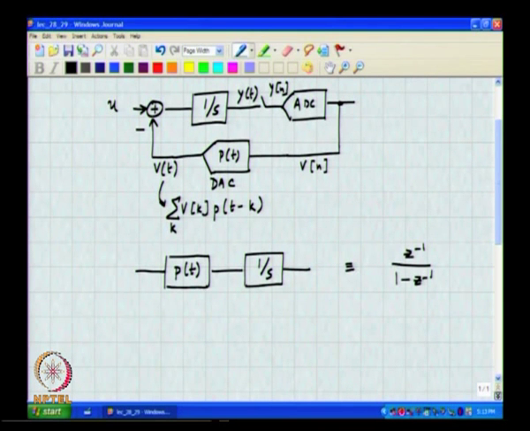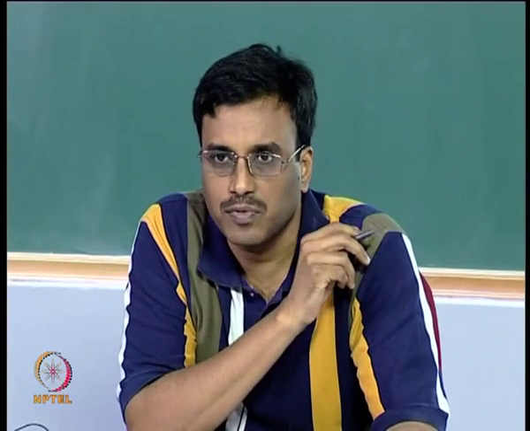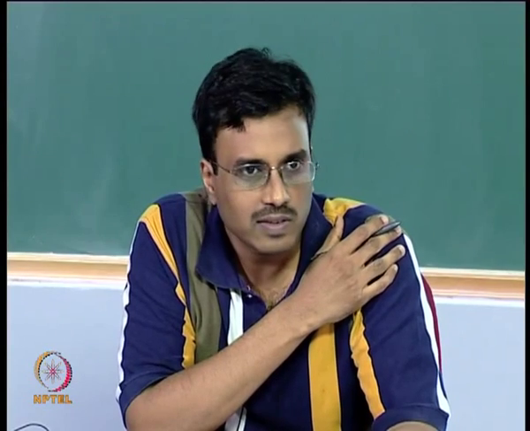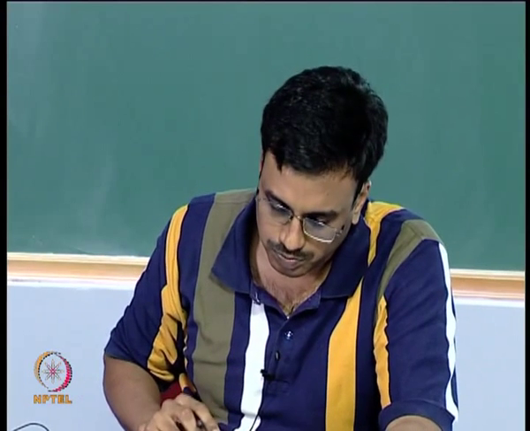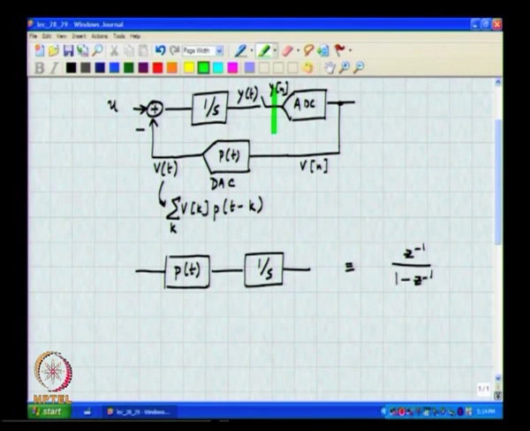This way the loop gain of the loop, if you break the loop here for example and inject an impulse and see what sequence comes back, then if the loop filter is chosen to be 1 by s for the first order case, the whole system will be indistinguishable from having a discrete time loop filter whose transfer function is Z inverse by 1 minus Z inverse. Is this clear? So, as far as the noise transfer function is concerned, the last time around we looked at